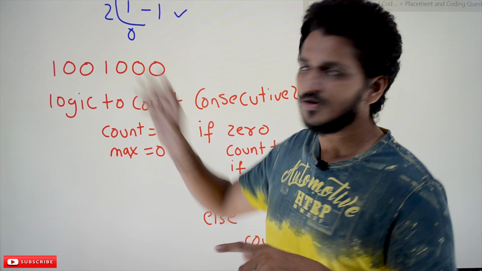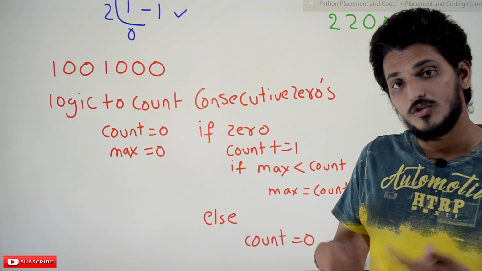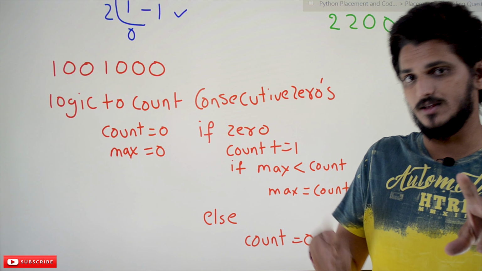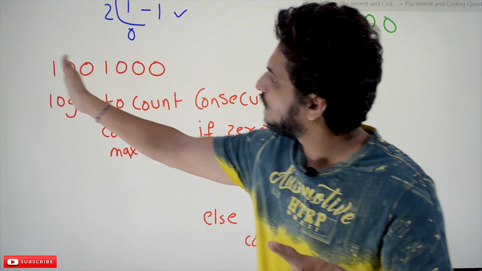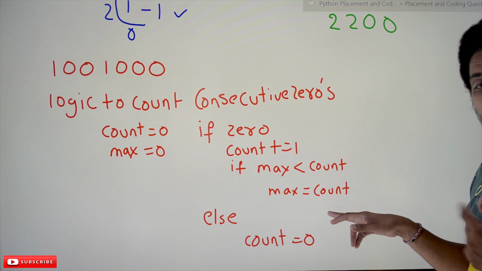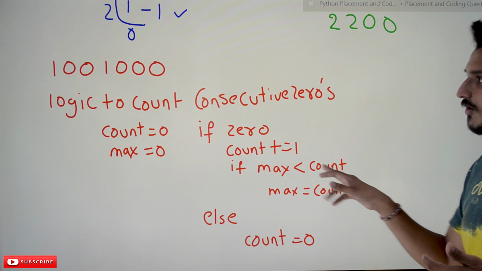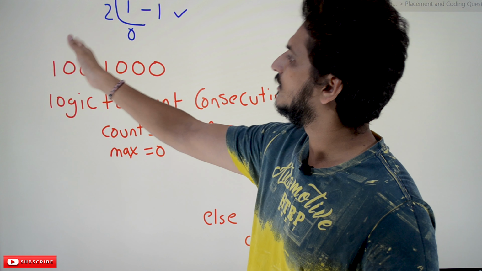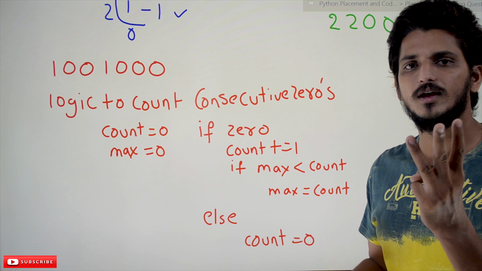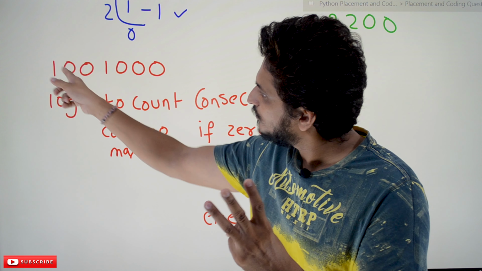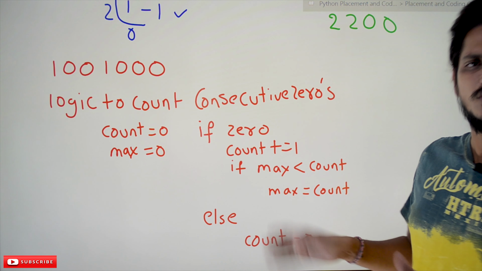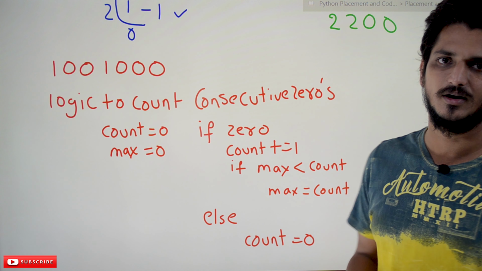Whenever it finds 0 again, it starts counting. The count value increases, but the maximum value doesn't increase. The maximum value increases only if you are having 4 zeros here, because it keeps on updating the maximum value if maximum is less than count. Count started again from 1, 2, but max is not updated because the max value is 3 already. If the count went up to 4, then only maximum value increases. That is the logic we are following. You can use any logic. This is the logic we have written.